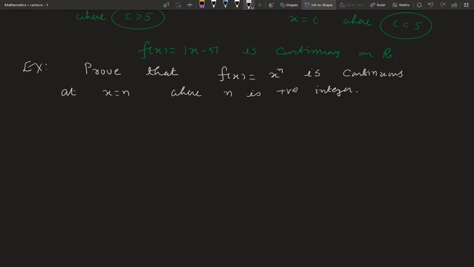So the problem is, we have to prove f of x equal to x raised to n is continuous at x equal to n, where n is a positive integer. So let us solve this problem. Solution: